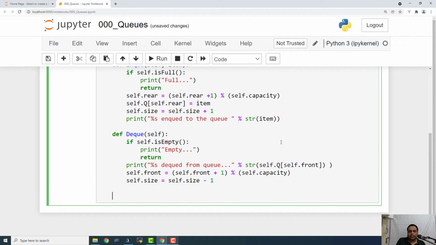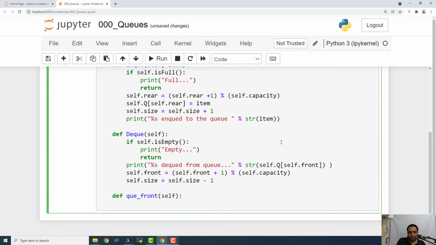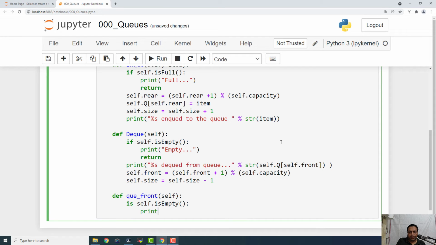And let us define a function to get the front of the queue. So def queue_front(self): if self.is_empty(), print queue is empty.